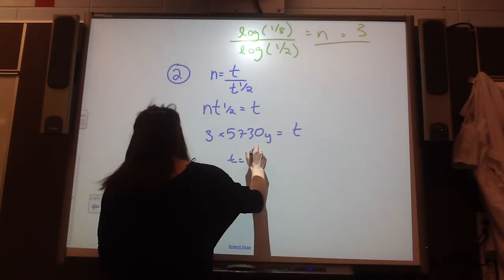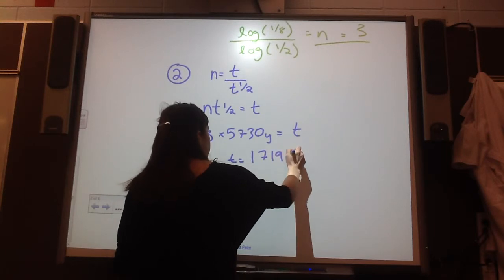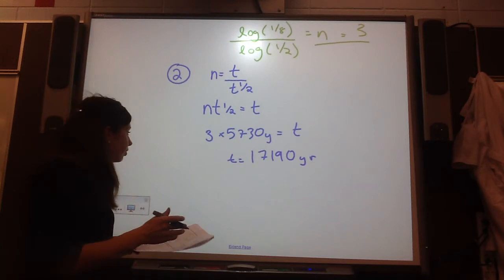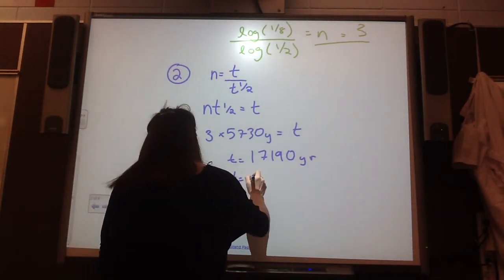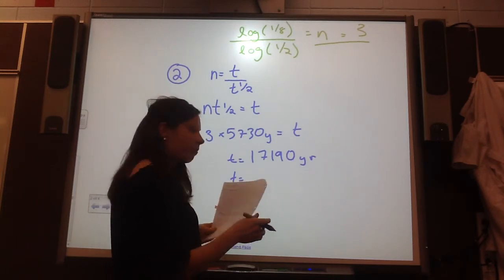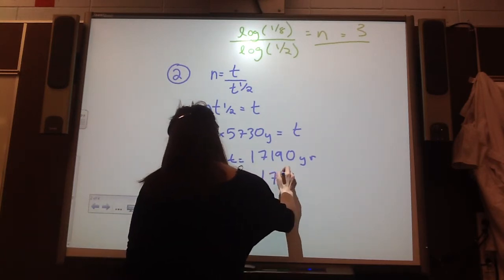So t then is 17190 years. For sig digs, I need 4. The 14 in carbon-14 doesn't count as a sig dig, it's like its name. So 1.719